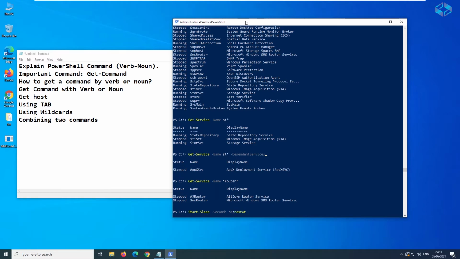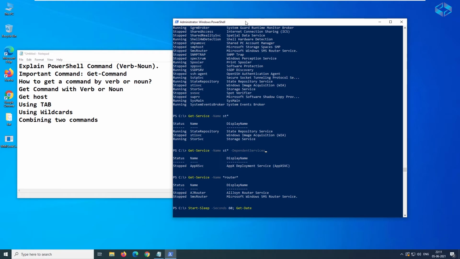Then I'm just giving a restart computer, or let us say instead of restart computer, let's say Get-Date. So a simple way. What it will do, I'll just execute this, and you can see here it is just in an idle state, so it doesn't do anything actually, just a blinking cursor, and it will just wait for 60 seconds. Then it will go and execute the second command, which is called Get-Date. Just after 60 seconds it will execute the second command.